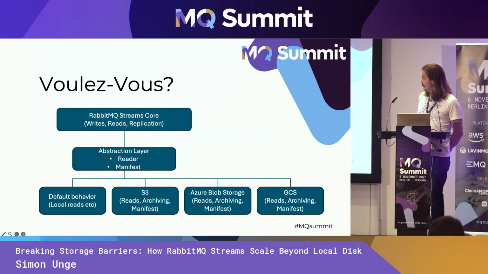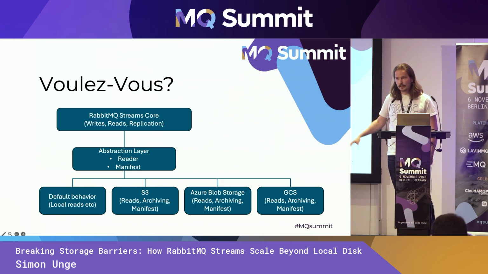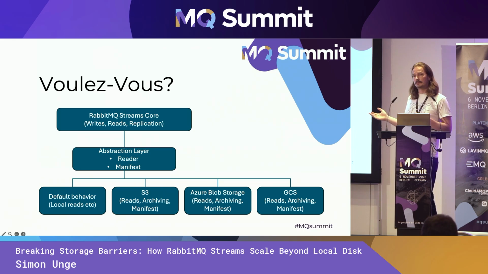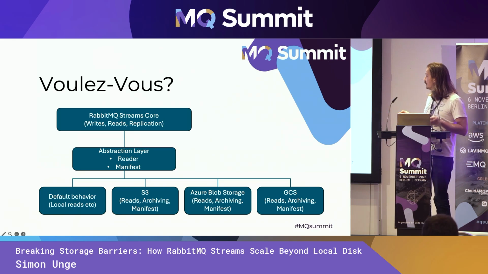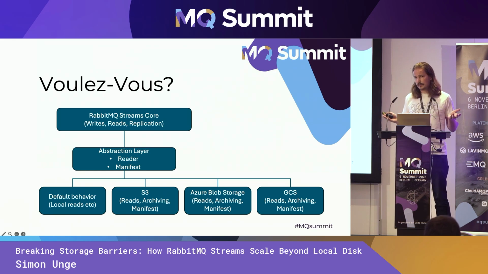Now, we are currently building this, we and the Amazon MQ team, we're currently building the S3 plugin that implements this, the reader and the manifest part, and does the archiving of data up to S3, figures out the reads, figures out how to do this efficiently, right? It's open source, and it's work in progress, so please come and help us and look at it and come with ideas and contribute. But we'd also like to see you implement your own plugins for different backends, like Azure Blob Storage, or the Google Cloud Storage, or whatever, like your QNAP NAS, or whatever you have.